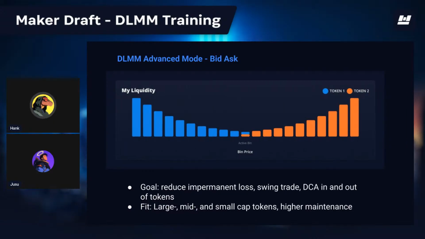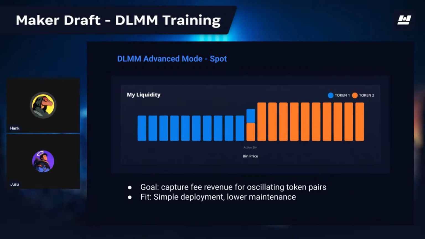Now this is the opposite. This is the bid-ask. The goal is to reduce impermanent loss. It can be used for swing trading or DCAing in and out of tokens. So DCAing, dollar cost averaging. It's fit for